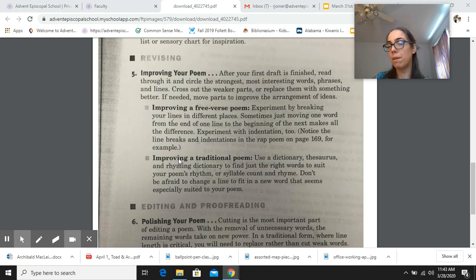So after you get all that first stuff out, you want to go through and circle the strong parts, the action verbs, and be like, I really like these. I want to make sure they stay. Or if you see something and you're like, that just doesn't sound right, or I'm too wordy here. It doesn't sound like a poem. It sounds more like prose, and you want to eliminate that. We want to use strong verbs. We want to use crazy words that we don't normally use. Like that's when the revising thing comes into play, and you can kind of switch things around.